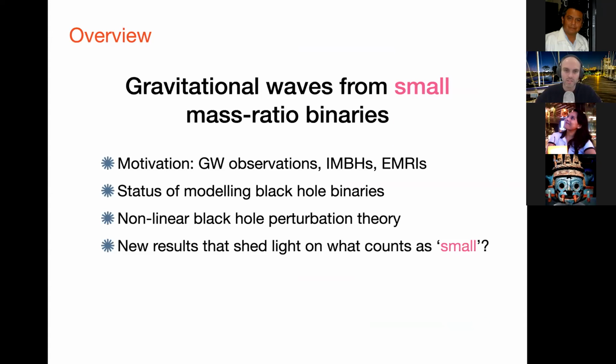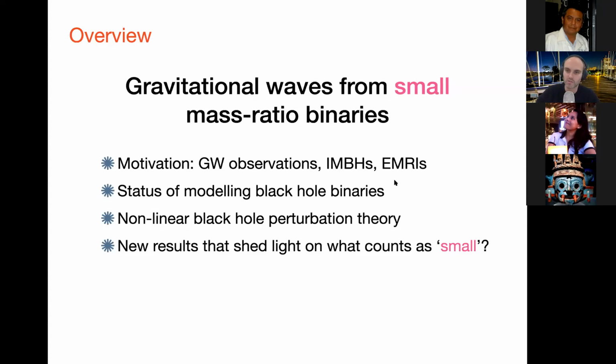So for my talk today, I want to talk, as I said, about gravitational waves and small mass ratio binaries. I'll split this into roughly 4 sections. First of all, a little bit of motivation. Why are we interested in small mass ratio binaries? And that will come in a combination of current gravitational wave observations. So most of those have been for quite comparable mass ratio binaries, but we're starting to see systems with more distinct mass ratios in them. There's also recent exciting results showing the existence of intermediate mass black holes. So I'll touch on those.